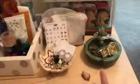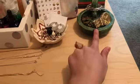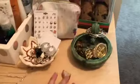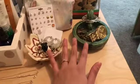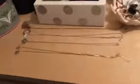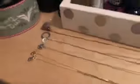And then right here, these two ceramic bowl things, my brother gave them to me. He made them and he gave them to me. These two hold my earrings and my watch. I have some earrings, some masks that I need to try, and then perfume, lotion, nail stuff. I have more necklaces here, but these are the 4 main necklaces that I go for. And then back there I just have some backpacks, my army boots, and my purses right here, and then Austin's stuff, his shirts, and then yeah,